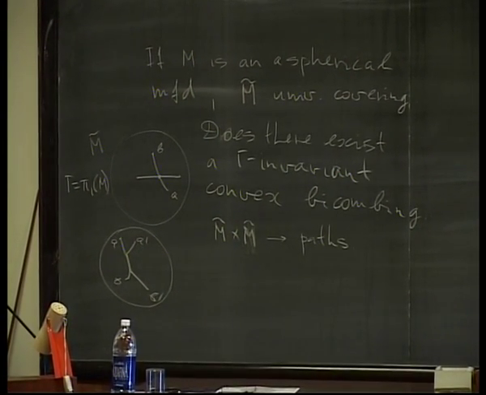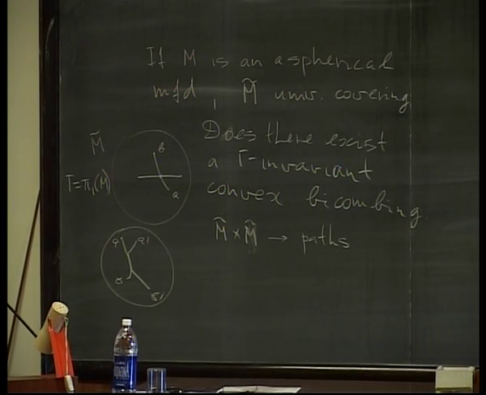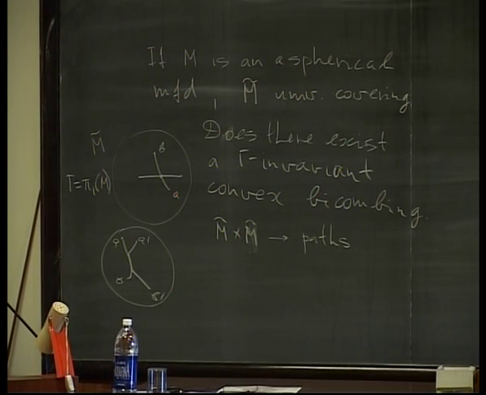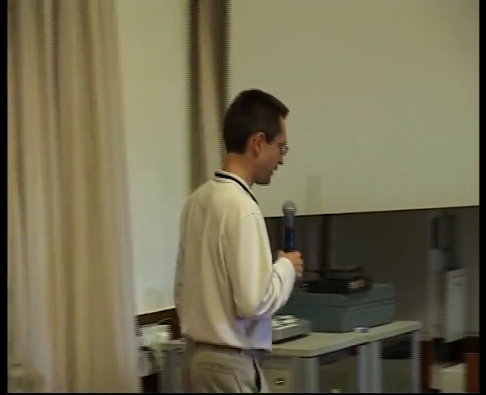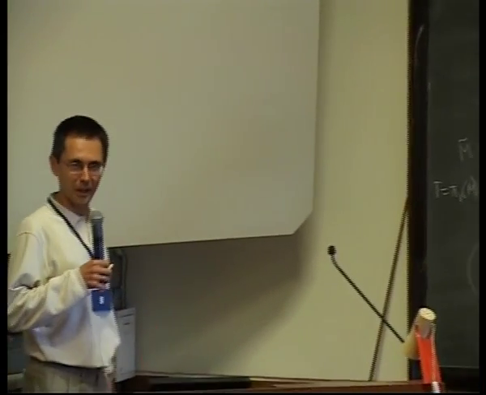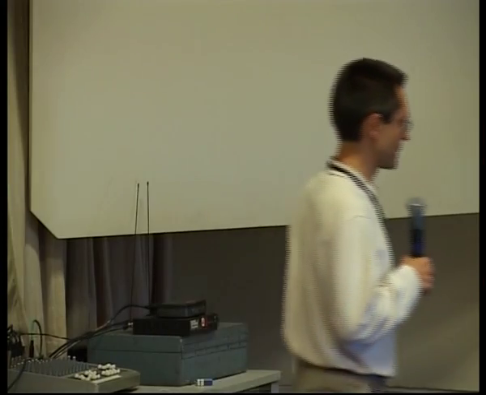So why do you ask for convex intersection and not single point intersection? That would be a stronger statement, but even convex would already be a step towards the single point. So some kind of navigation system. The question is, can you construct it for any aspherical manifold? This should imply, of course, that it's aspherical, right? You should be able to find it.